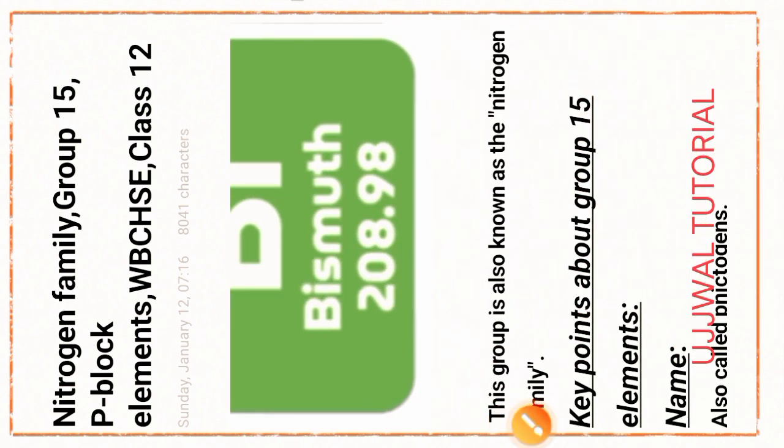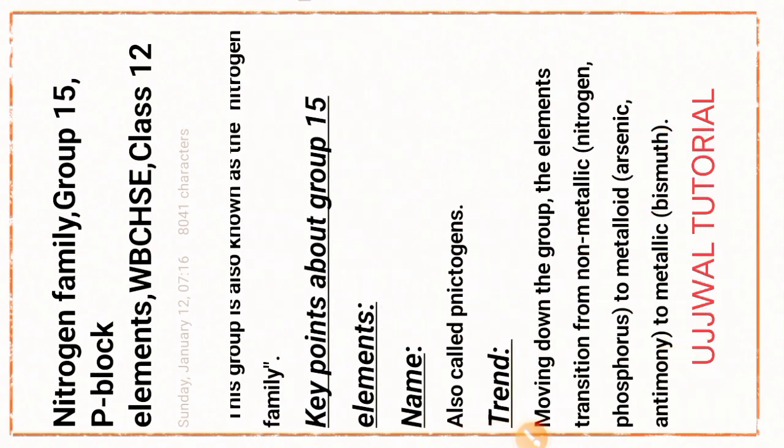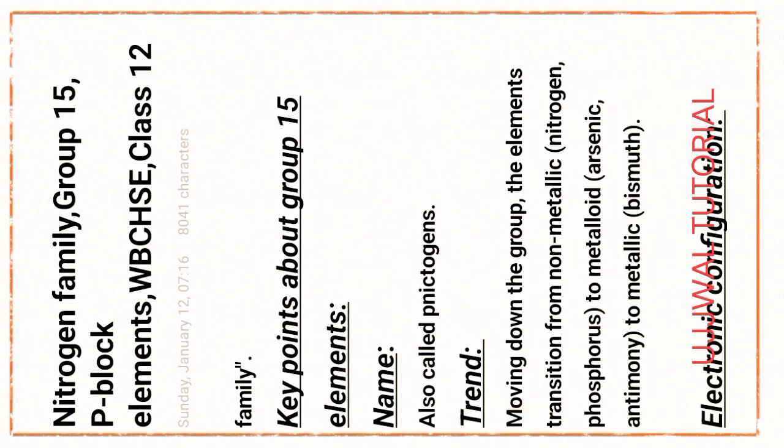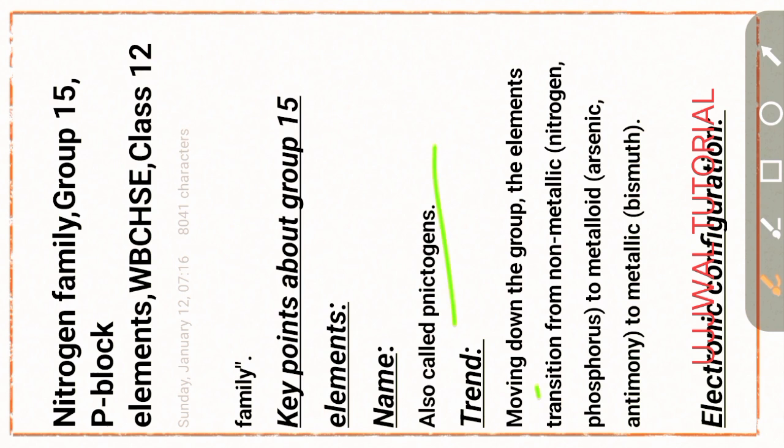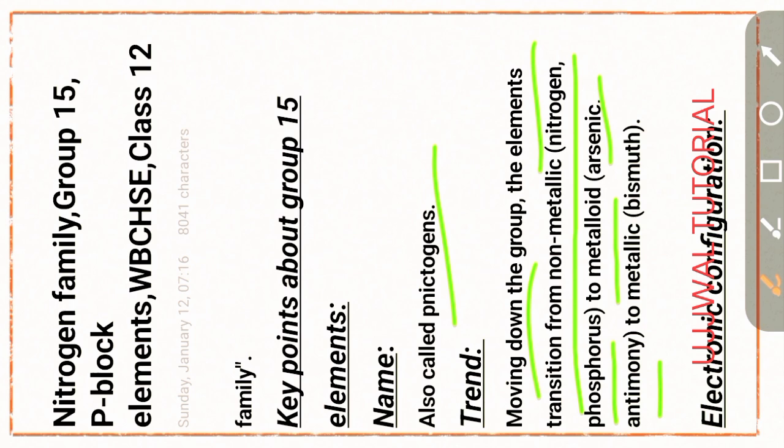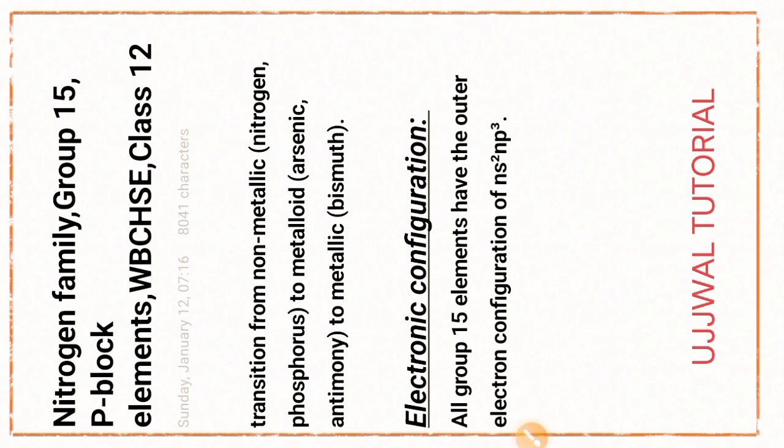Now, this group is also known as the nitrogen family. Group 15 is also called pnictogens. Moving down the group, the elements transition from non-metallic, that is nitrogen and phosphorus, to metalloid, that is arsenic and antimony, to metallic, that is bismuth. Electronic configuration of group 15: outer electronic configuration